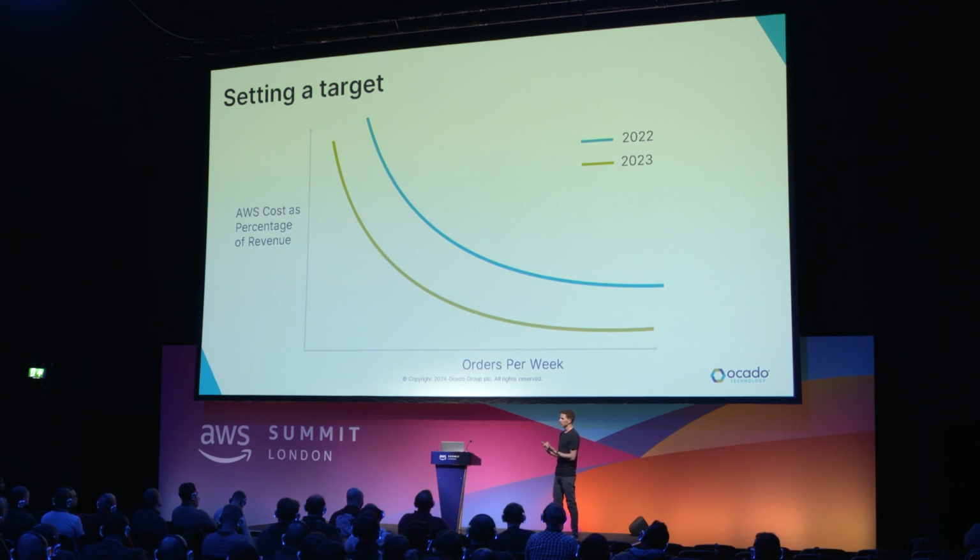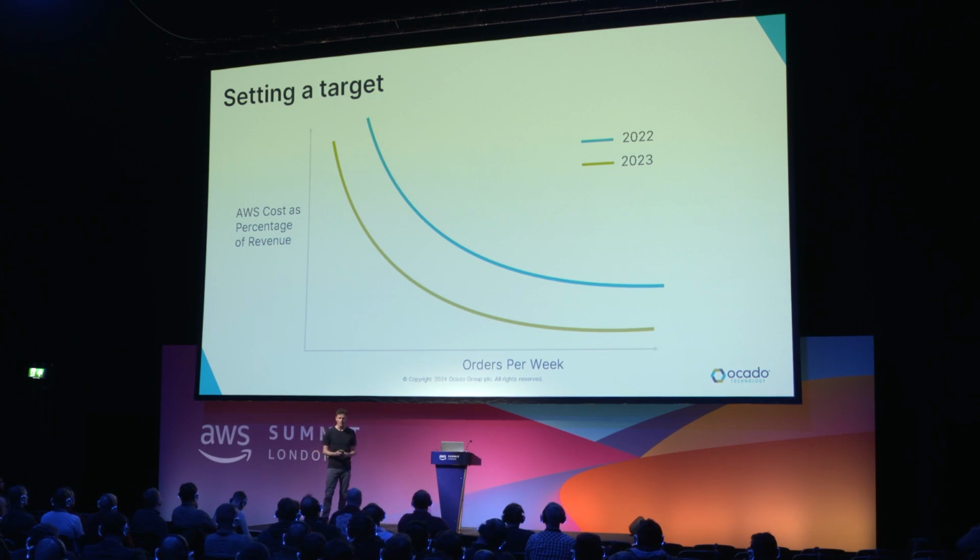We wanted to actually reduce our cloud costs, and we felt that this might be able to help us. So we got some insight from engineering into what the art of the possible may be on cloud cost reduction. We also got some input from the business on where they wanted our cloud costs to go in the short, medium, and long term. Putting those inputs together, we were able to construct a second model, which was where we wanted our cloud costs to be at the end of 2023, which is the green line you can see on there. So it's just two lines on a graph, but that green line was a really aggressive target. It's a really significant reduction, and it was a big deal.